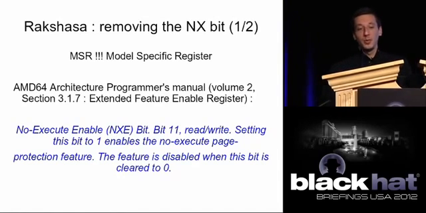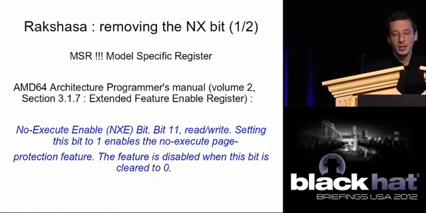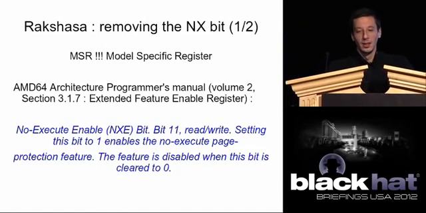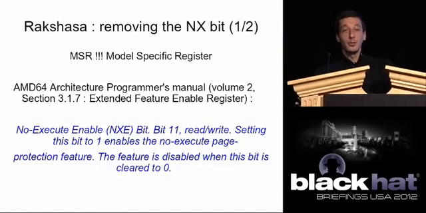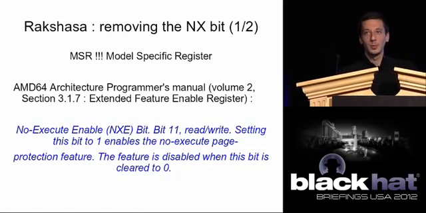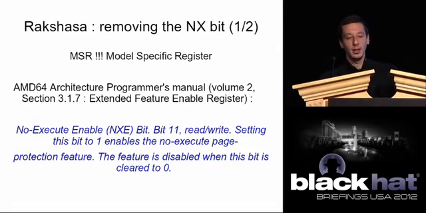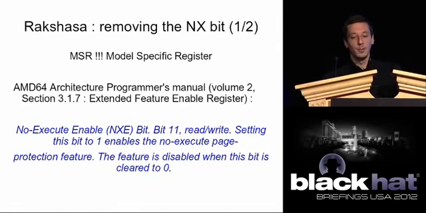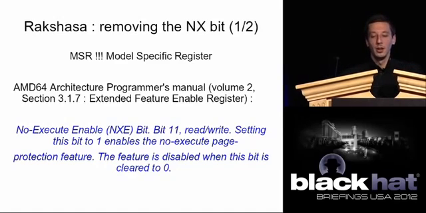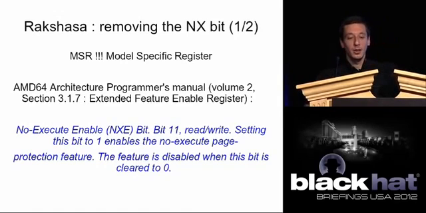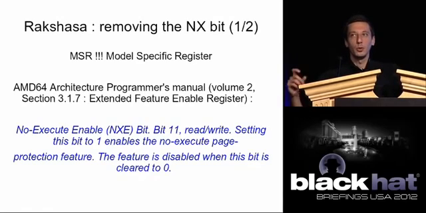Okay, so how do you remove the NX bit? This is getting a bit gory, stay with me. First off, not every CPU has it. It's a model-specific register. So assuming you have the NX bit, the AMD64 manual states that there is a specific bit in the EFER register, which is also a model-specific register. And if you flip this bit, you disable or you enable